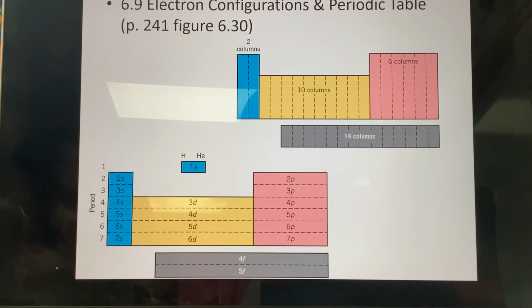And then if we drop back down to the second row, then we start with 2s, and then if we fill both of those up, that becomes 2s2 like beryllium. And then jumping over to the far right hand,